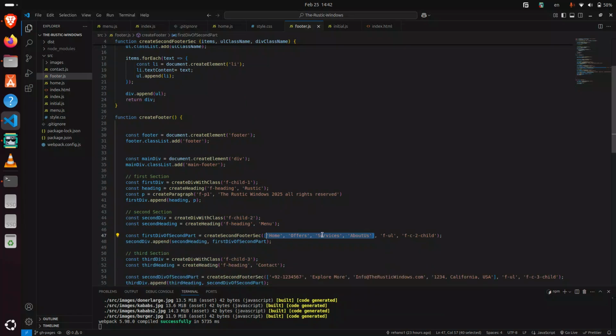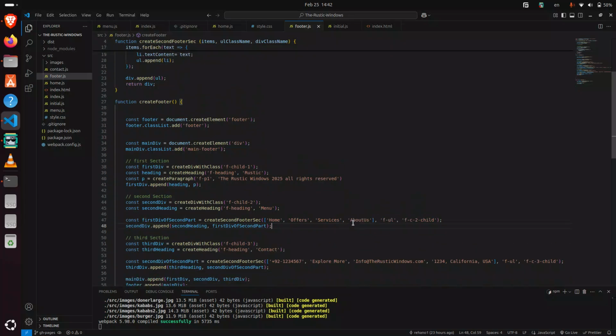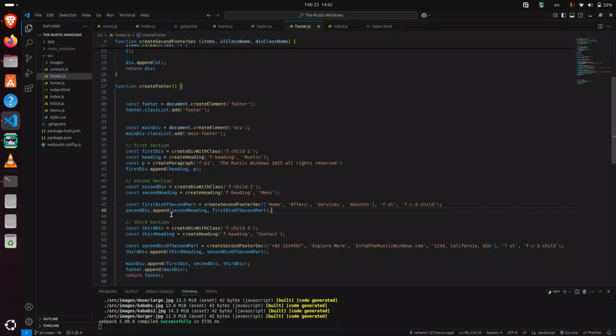So there are 4: home, offer, service and about us. So these 4 li's will be created by using create second footer. And the others, ful and fc2 child, are the class names. And then I appended the second heading and the first div of the second part into the second div. So this is the second section created.